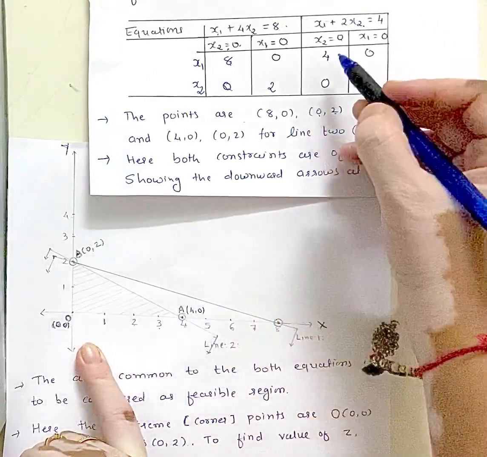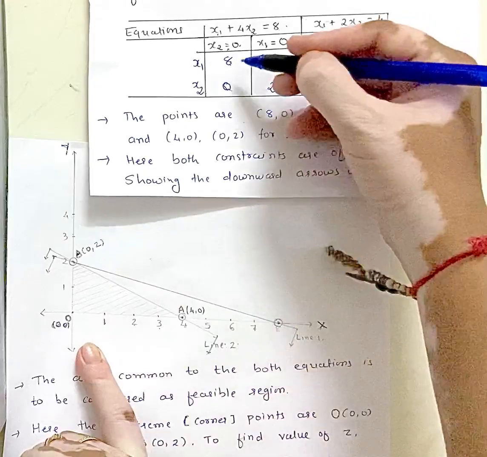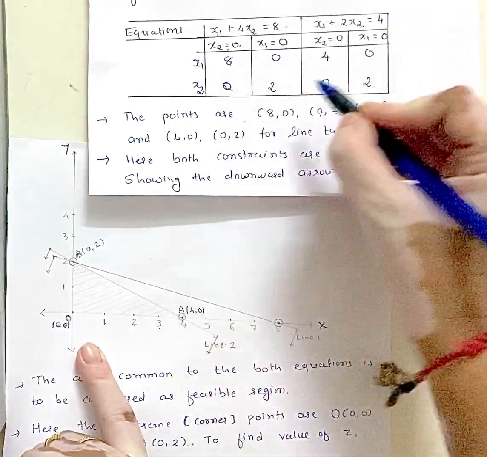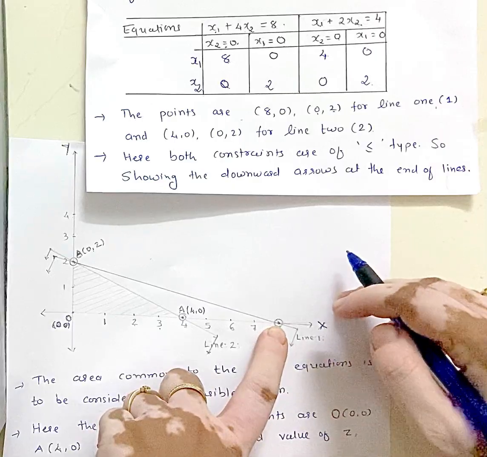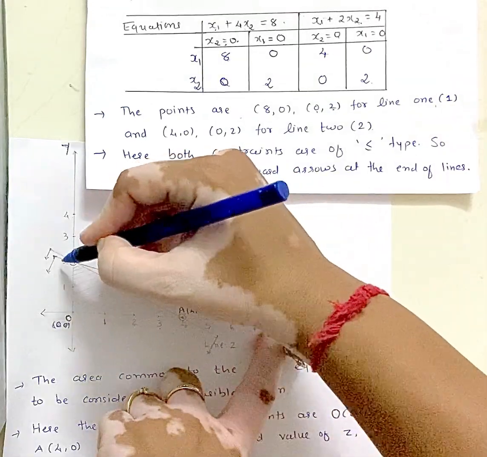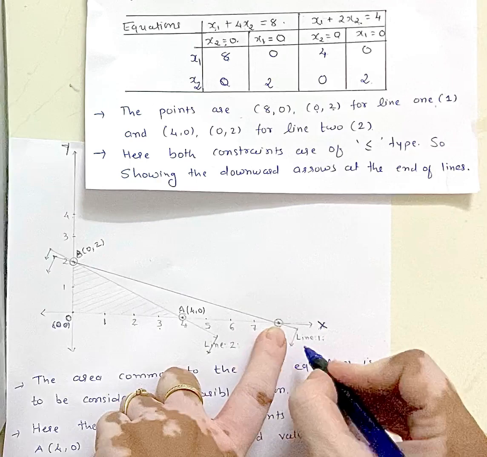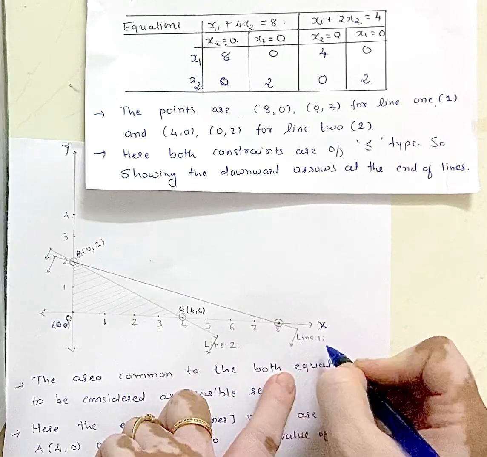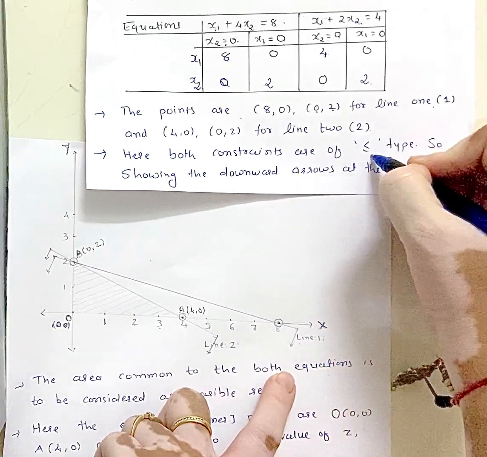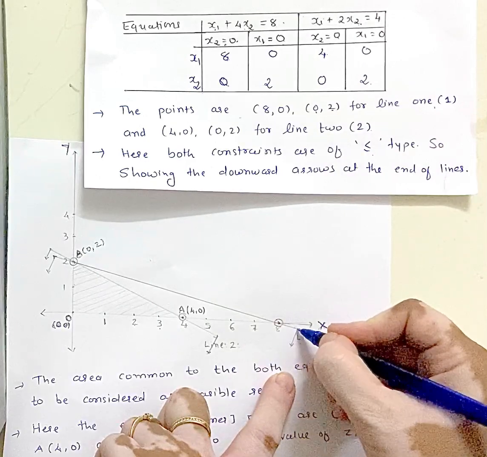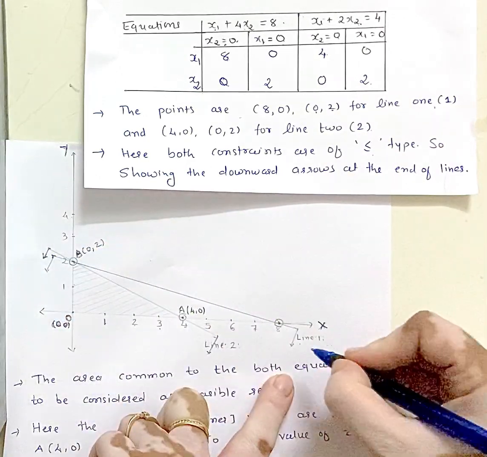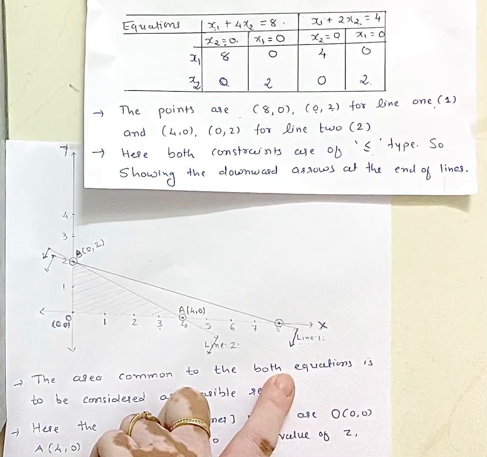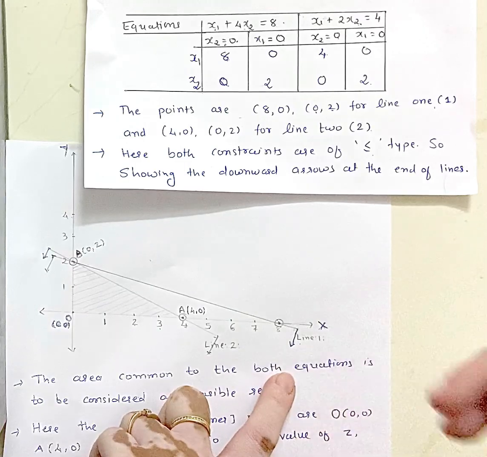Now the third point, draw a first line. Okay, this is the point of line 1, so 8 0 and 0 2, connect this line. Okay, this is line 1. Okay, line 1, and the constraints are of less or equal to type, so draw down arrow. Okay, this is our down arrow. Okay, this is all, it is easy to find the region, so you have to do down arrow